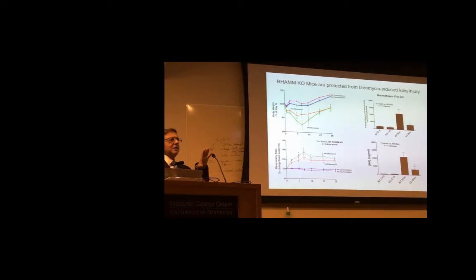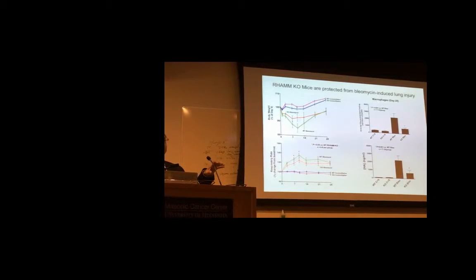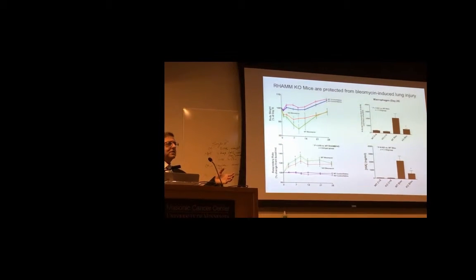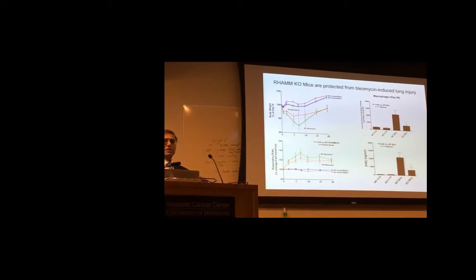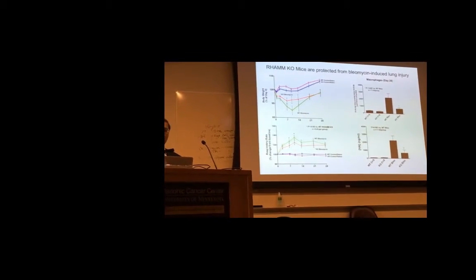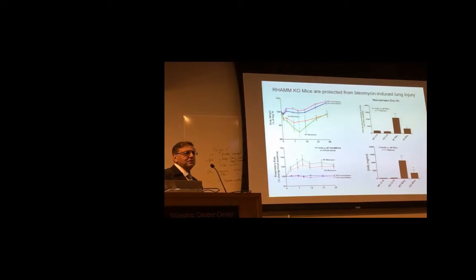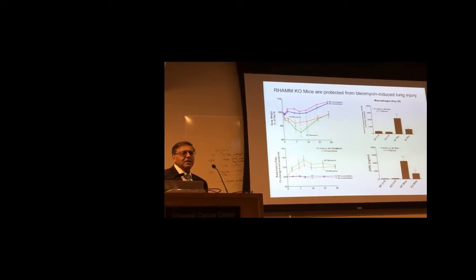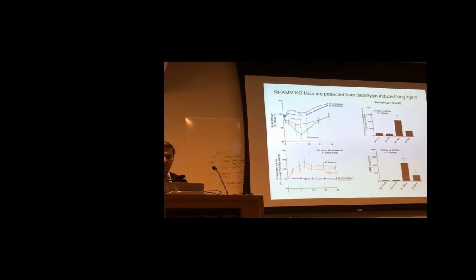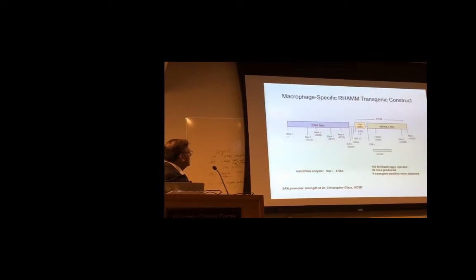So now we had demonstrated genetic deficiency of RHAMM had essentially what we would have predicted, which is decreased amounts of inflammation and decreased respiratory distress and decreased weight loss. So we wanted to do the counter experiment, which was overexpress RHAMM in macrophages and see if we could get the counter response. So we generated mice using the